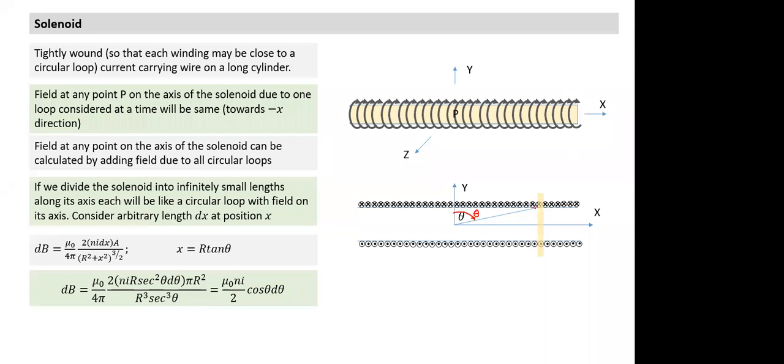See, actually understand what you are taking. This theta indicates the angular position of several small solenoids. Several small pieces of solenoid I have taken. Whenever I take all such pieces, how many pieces are there? An infinite number of pieces. So what is the range of angle they are making? How do I find the range of angle? This is theta, for one particular element. But if I look at the range of elements, I have to take from one extreme to the other extreme.